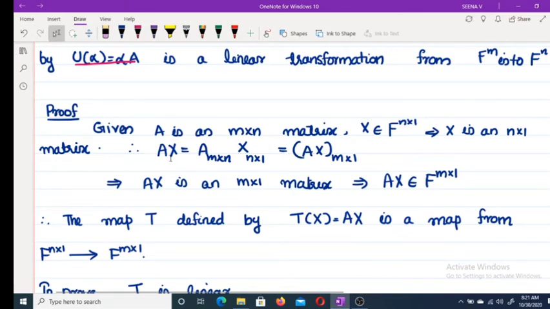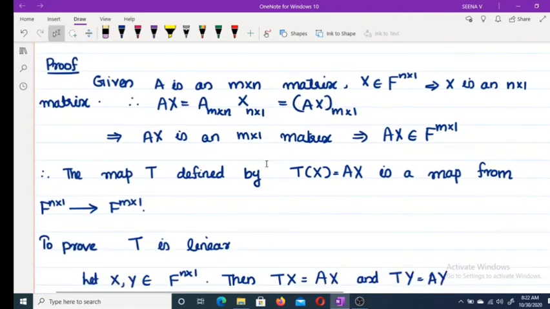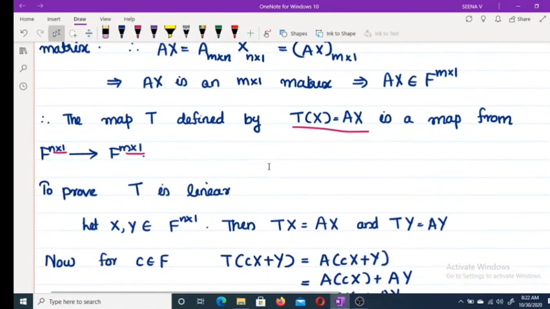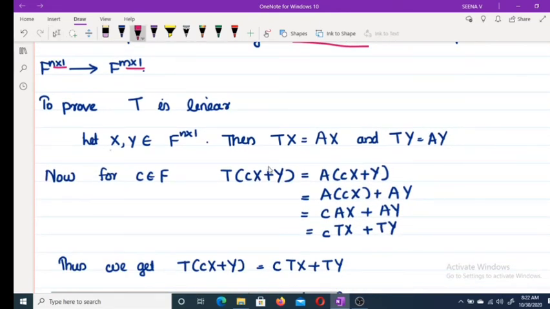Therefore, Ax you can write as A m by n into X n by 1. If you multiply this, we will get a matrix whose order is m by 1. Therefore, Ax is an m by 1 matrix, so it belongs to F^(m by 1). Therefore T defined by Tx equal to Ax is a map from F^(n by 1) to F^(m by 1). Now to prove T is linear, let x, y belong to F^(n by 1),